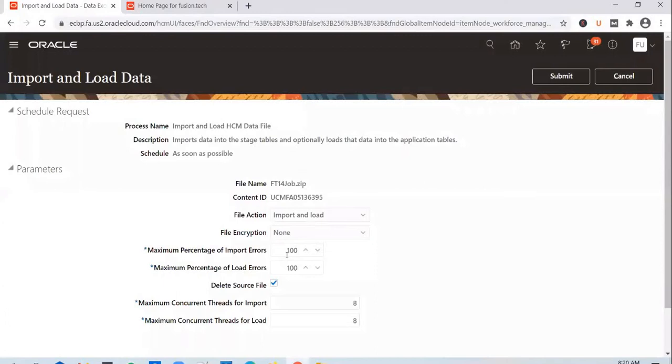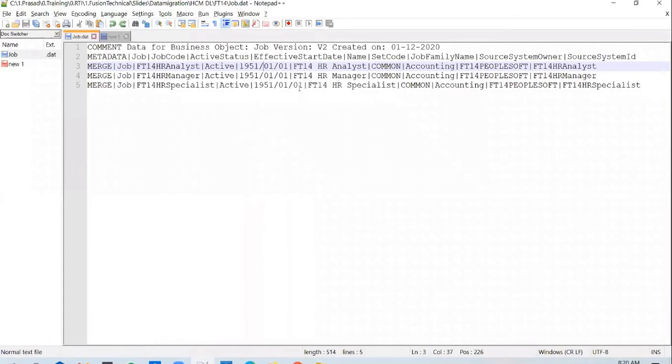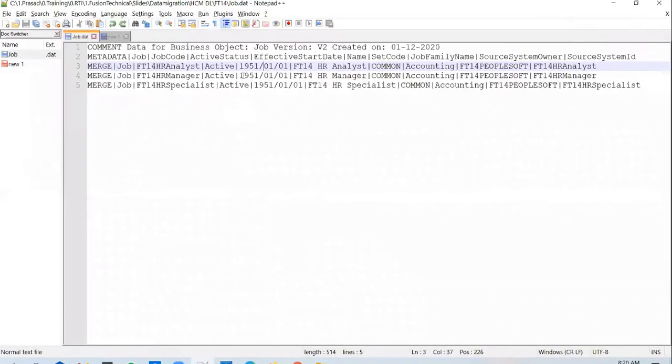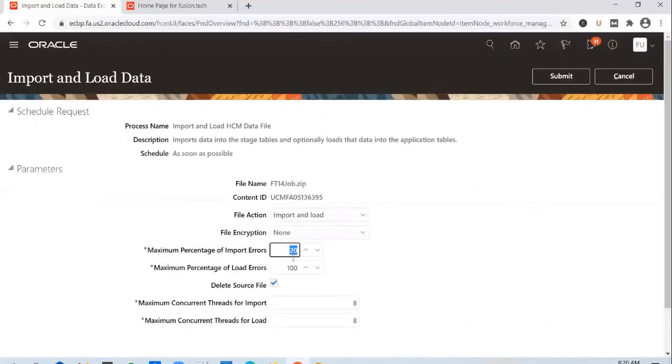Okay. So if you run this with a smaller percentage, like say 20, and if you have a date format issue like the one that I said, 100 records file, date format invalid on all the records. If you run it with 20 as maximum percentage of import errors, then it will try to load the first 20 records. All of them will error out. They will not be loaded. And that means the threshold is reached, which means the processing of the file will stop and the errors will be logged. You can look at the errors, and then you can fix the data from the stage table in case something is loaded.